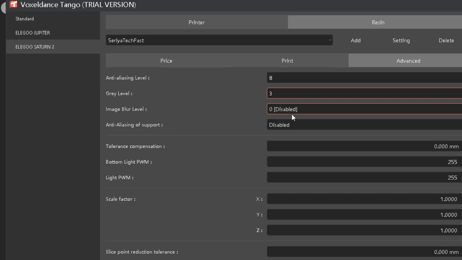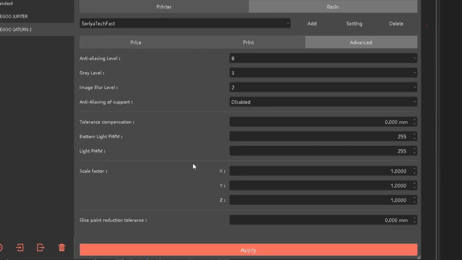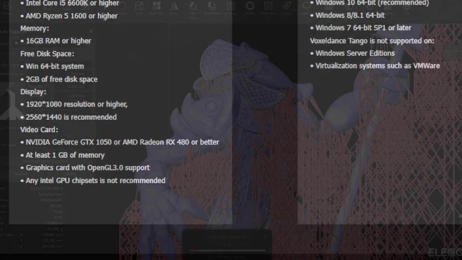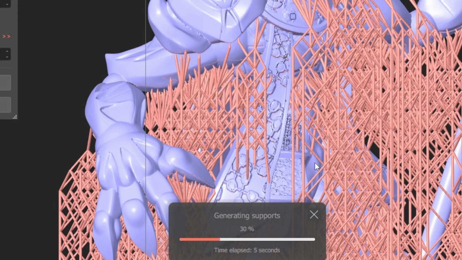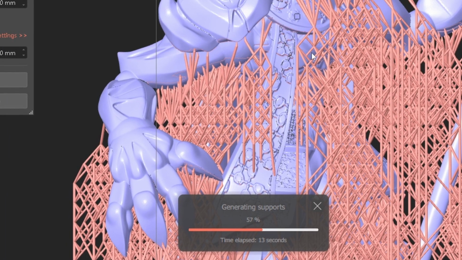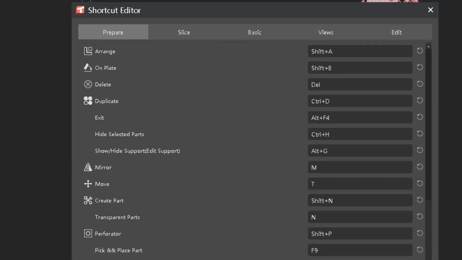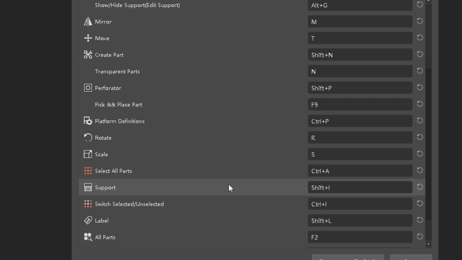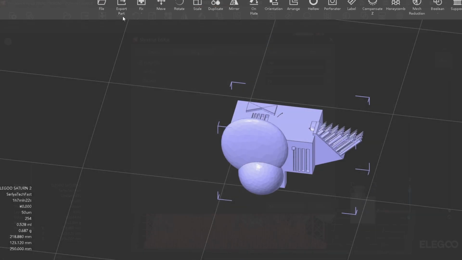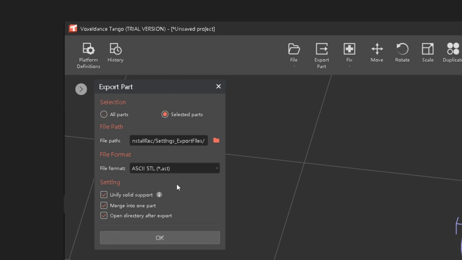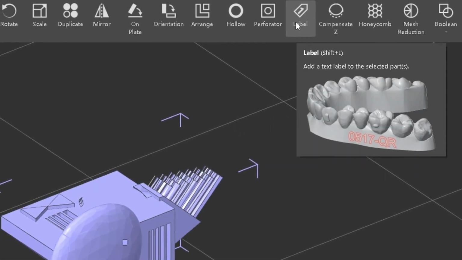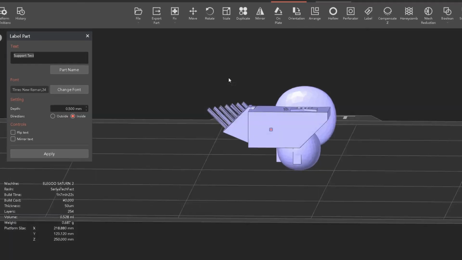Overall, the software is quite stable, and I personally didn't have any crashes. It's important to follow their hardware specifications since the software does require something that's pretty powerful. While more complex supports did require more time, they still completed without any issues. The fact that I had the option to customize the keyboard shortcuts is big because it allows me to use the ones that I'm already familiar with. Overall, the user interface was great to work with and fairly intuitive. While this might be slightly overwhelming for new users, more experienced ones would probably enjoy the added control.